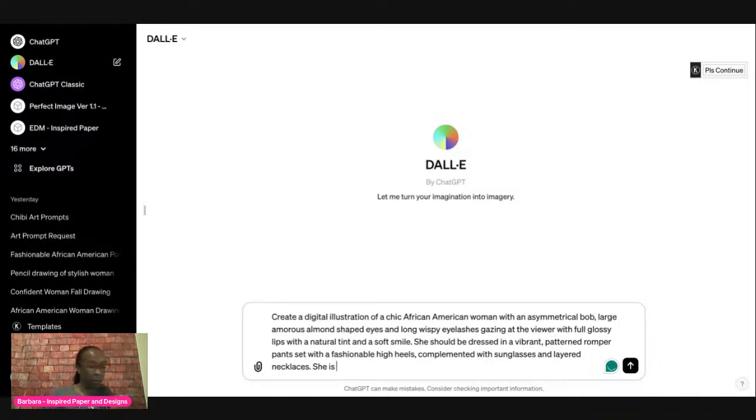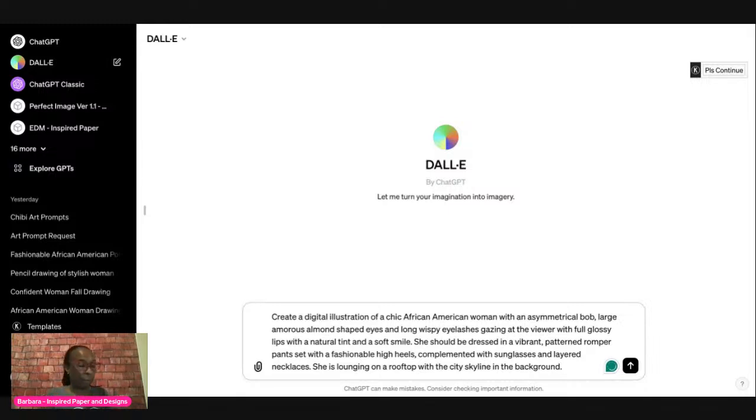Okay. So she is lounging on a rooftop with the city skyline in the background. All right, she is lounging on a rooftop. Let me go back. I spelled rooftop wrong. She is lounging on a rooftop with the city skyline in the background. Okay, a lot of you said rooftop. All right, bam. And we're almost done with the prompt. Once we do that and see what it produces, we may want to do some tweaking.